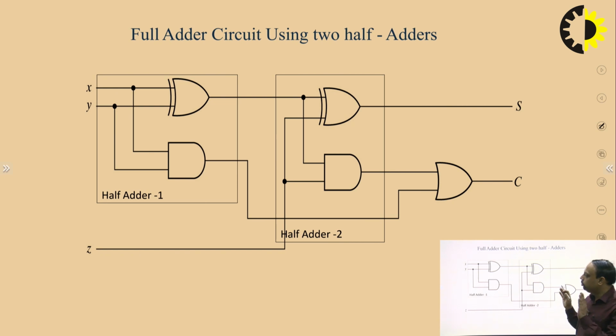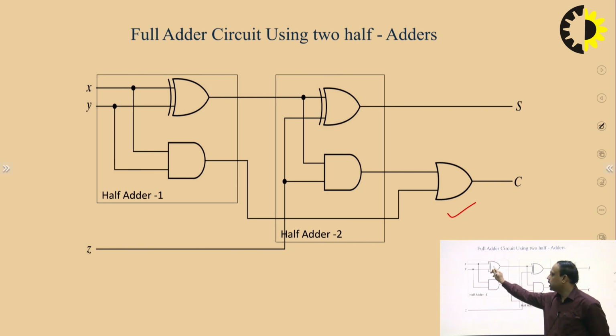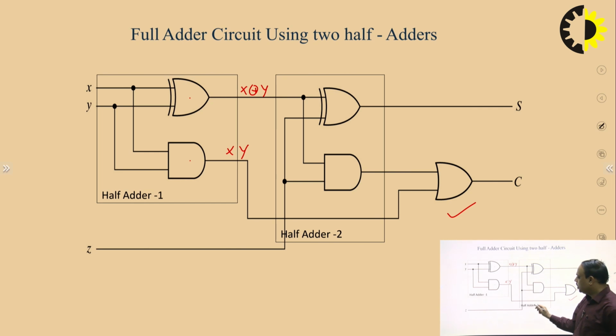So we can also implement the full adder with the help of 2 half adders and an extra OR gate. As we can see over here, this is one half adder where we require one XOR gate and one AND gate, and the output is x XOR y over here and xy over here. Now this output is given to the input of the next half adder over here, and it can produce x XOR y